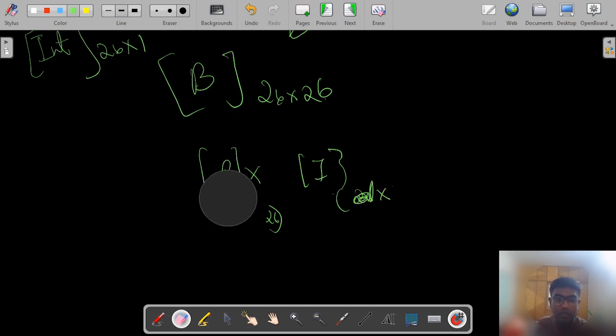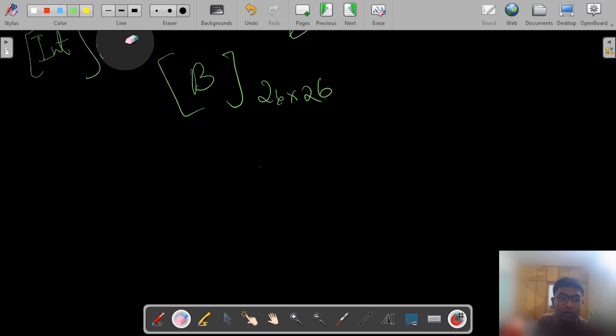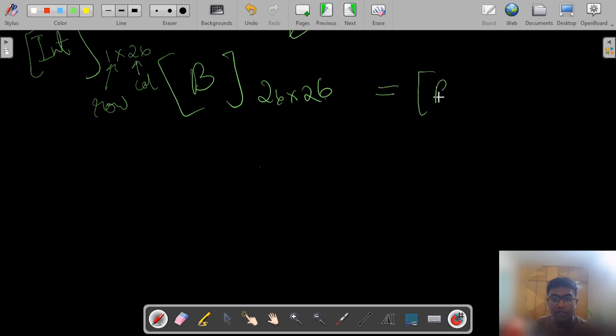So let me rewrite it. This is row and this is column. So the result after multiplication, let's say result would be